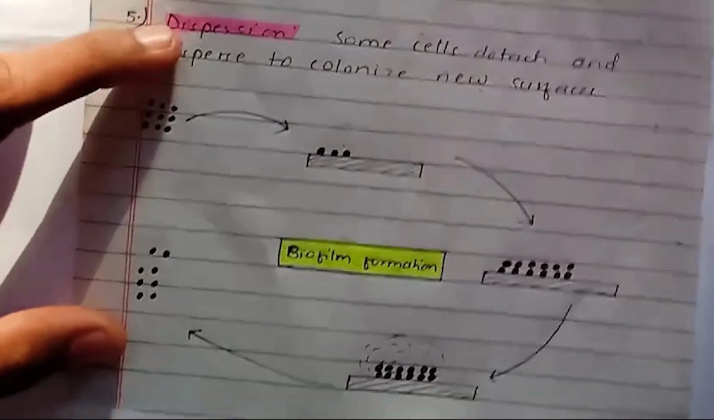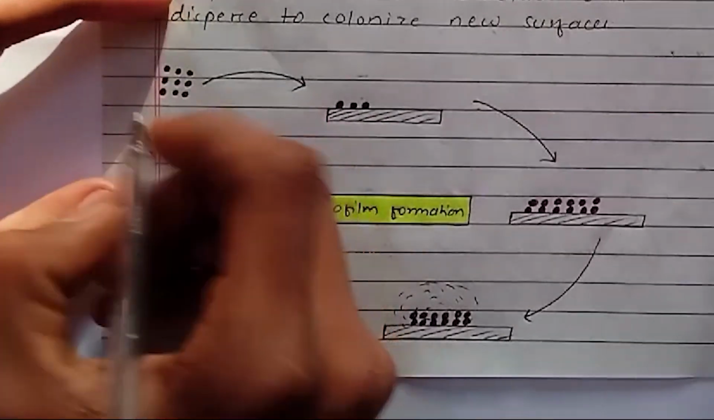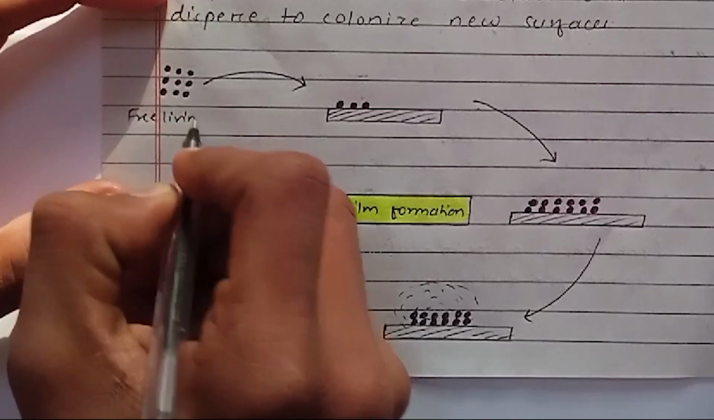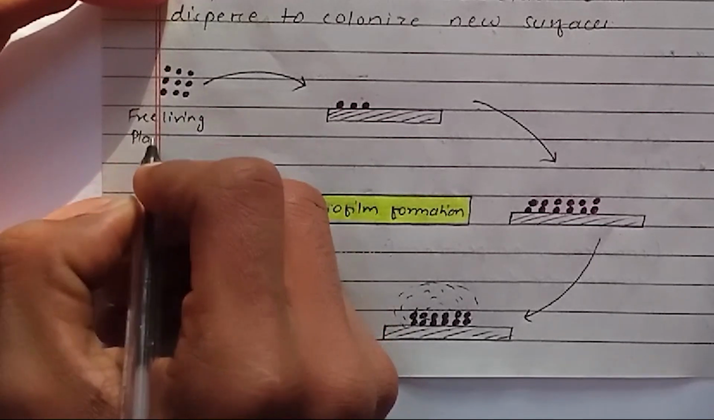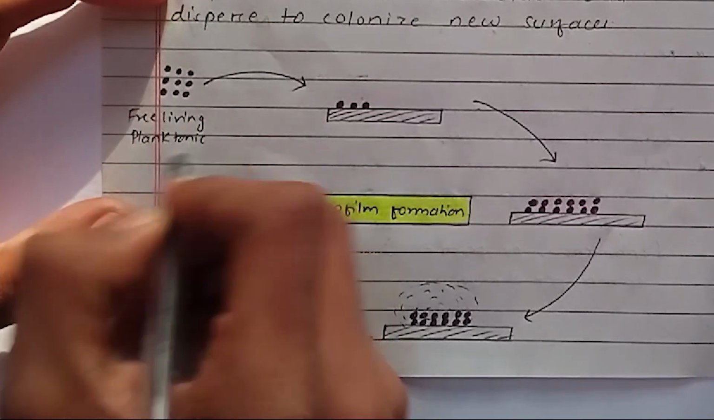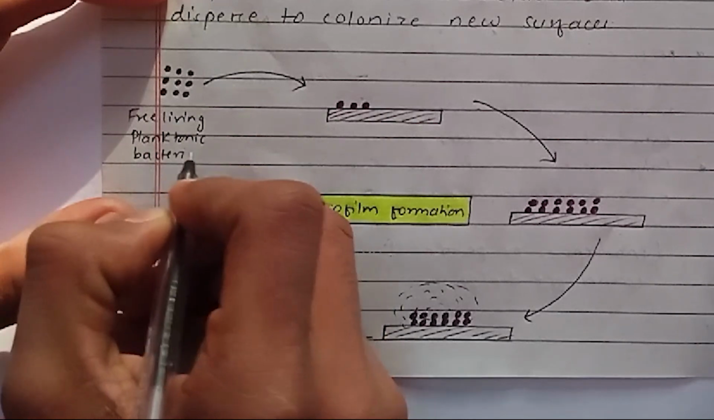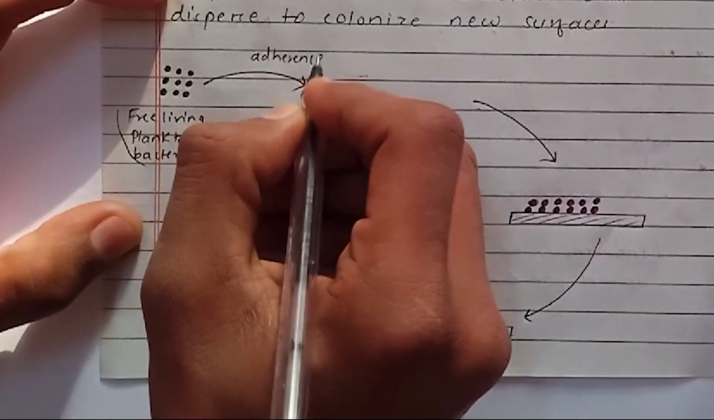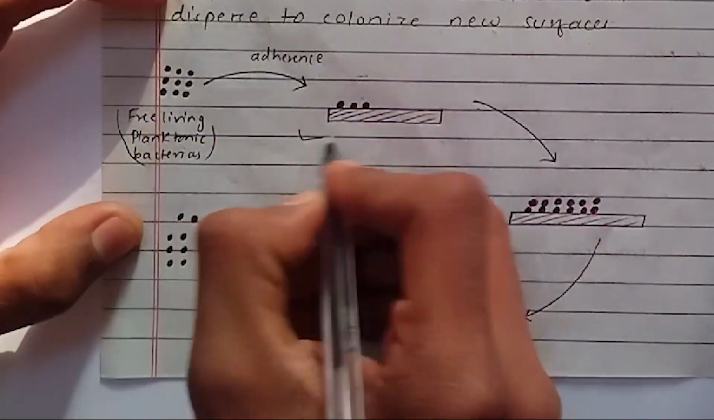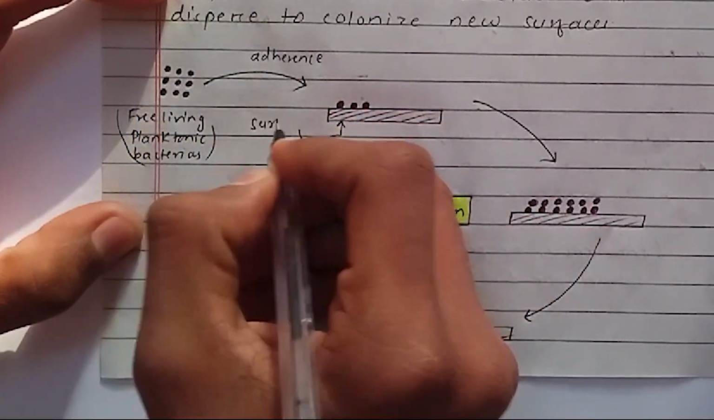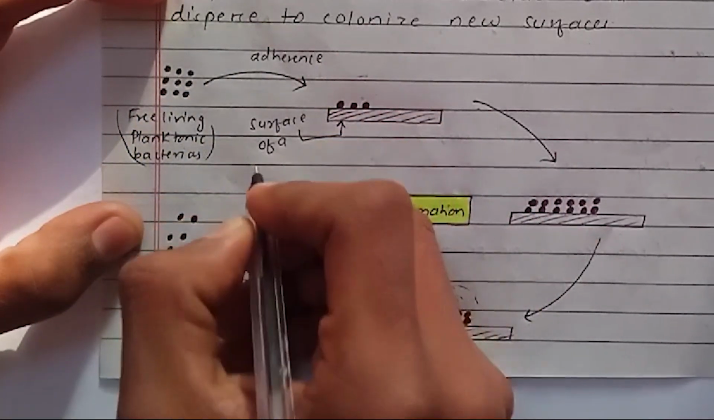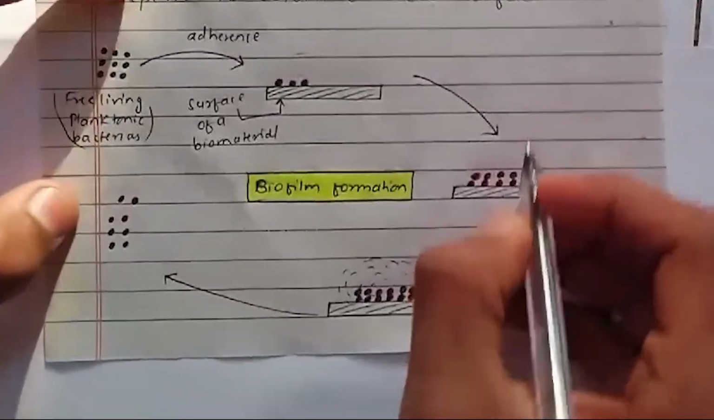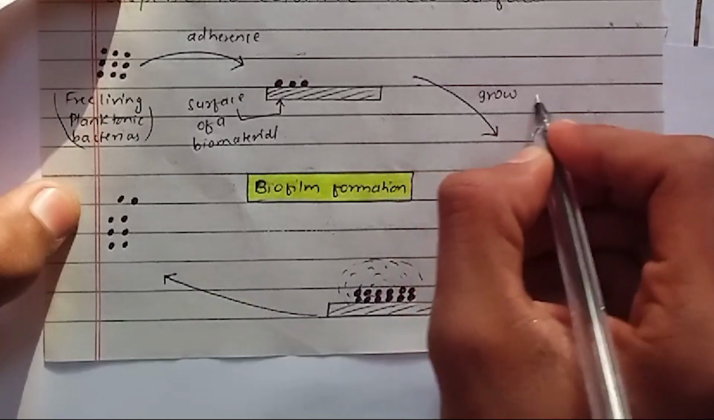So I have drawn the picture here too. These are the freely living planktonic bacteria. So the first step is adherence. They adhere on a surface of a biomaterial. Then they will grow and multiply